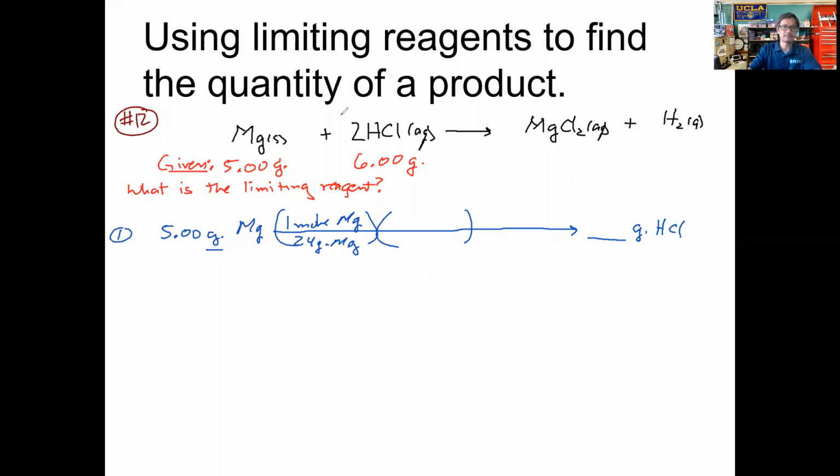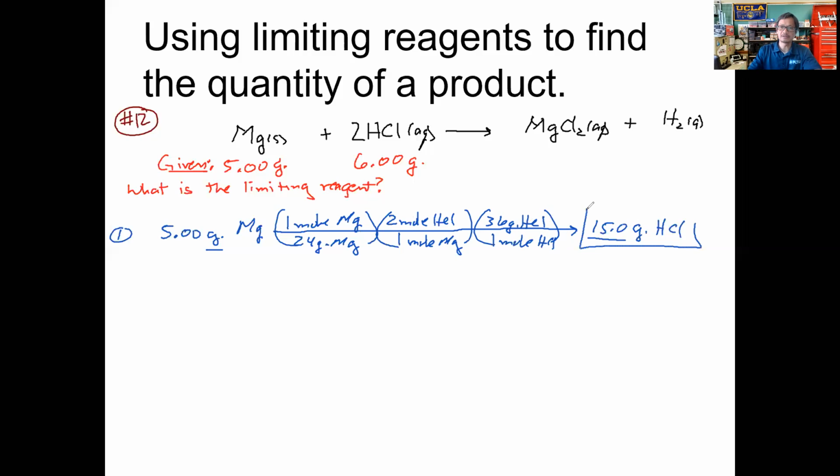Second conversion factor, the mole ratio between HCl and Mg, is 2 moles of HCl over 1 mole of magnesium. And finally the molar mass of HCl, which is 36 grams of HCl over 1 mole of HCl. We plug that in, all the units cancel out, and we end up with an answer of 15